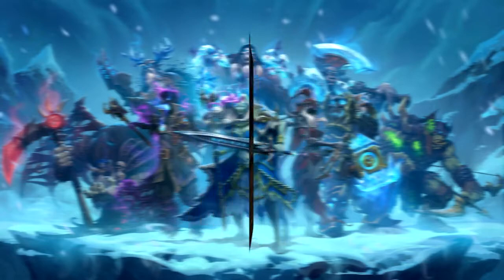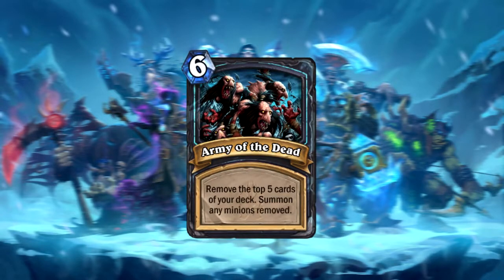Next we have Army of the Dead, 6 mana to remove the top 5 cards of your deck and summon any minions removed. Now remember, if you're summoning minions you won't get any battle cry effects, so this is going to be a little bit niche, but it can be such a huge tempo swing that it might just grab you the board